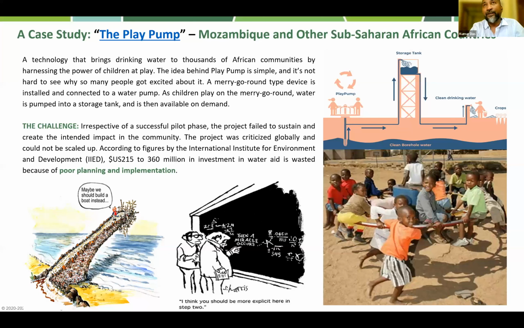After that, people started criticizing globally how it was scaled up, and they started pointing out that there was no proper conversation or alignment, no proper planning, and no implementation plan in place. And this is one of the reasons